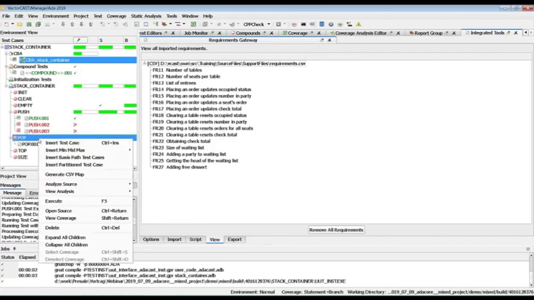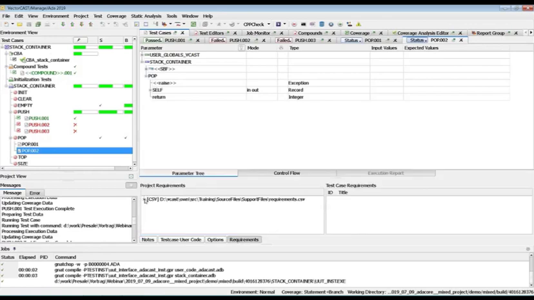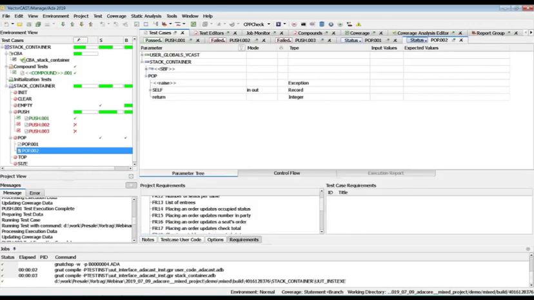If there were a requirement saying that if we try to get data from the stack and there's no element available, then we would accept an exception, and the exception should be stack underflow, this can be a requirement, and we can link it to a test case just by opening the